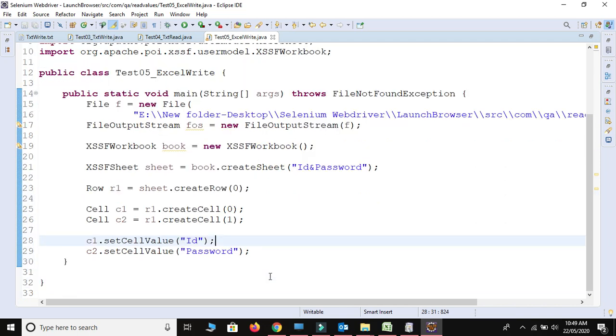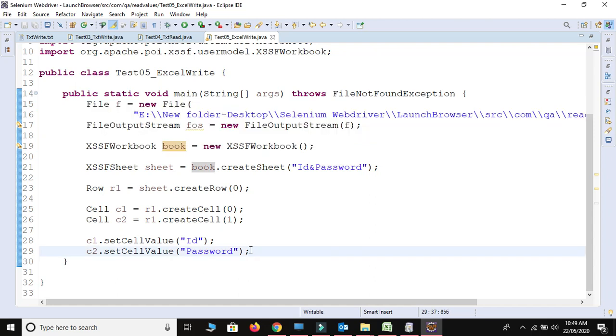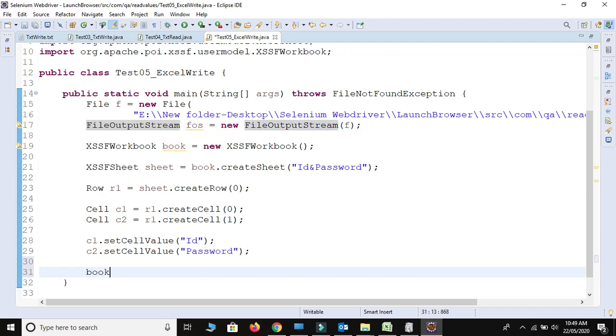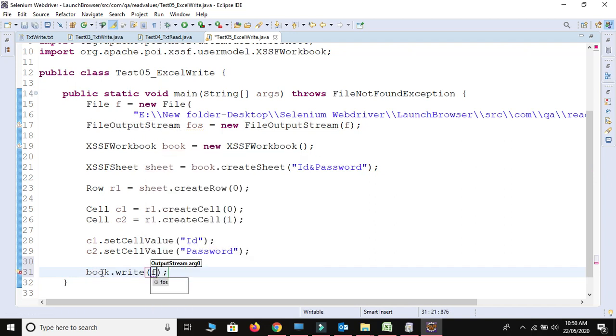Now it's time to create the connection between this FOS and the book, because as of now we don't have any connection between these three lines of code. We are writing something inside the book with this file output stream, so we need to merge them. So we use book dot write, and then we provide FOS.